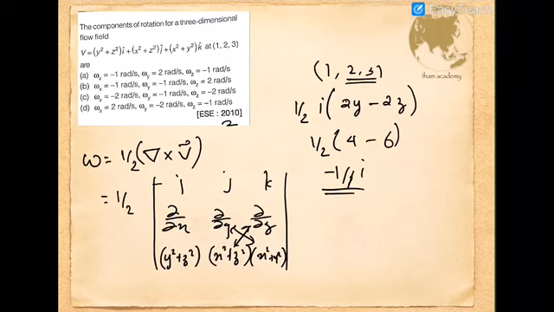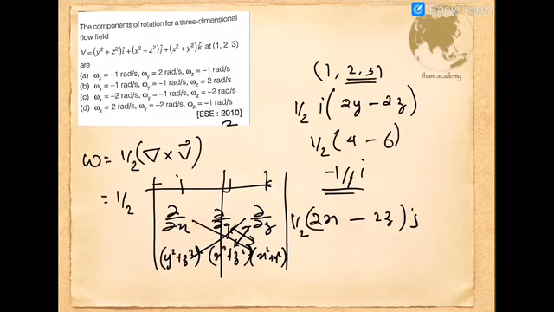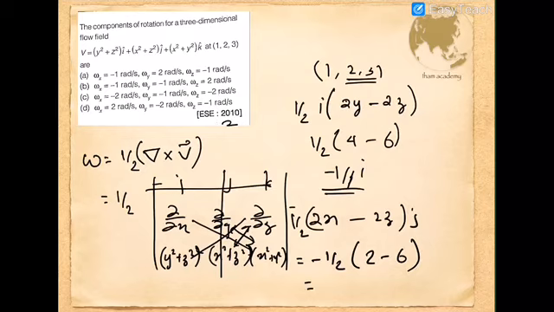Second component, we have to expand along j. So expanding for j, we have to do the cross multiplication like this. So dou by dou x of 2x minus dou by dou z of 2z, with the half. That will be the term. While coming to the jth term, that will be negative. So negative of 1 by 2 into 2 minus 6, that is minus 2 into 2, you will get. So from the first option A, you will find out the answer. Omega need not be found out, it will be minus 1.